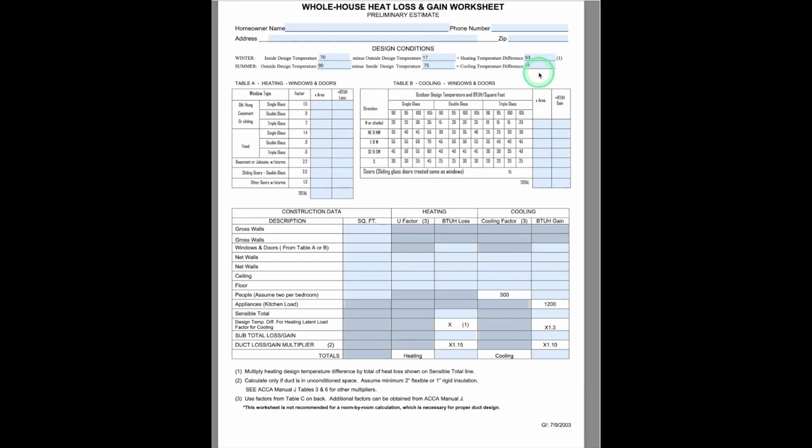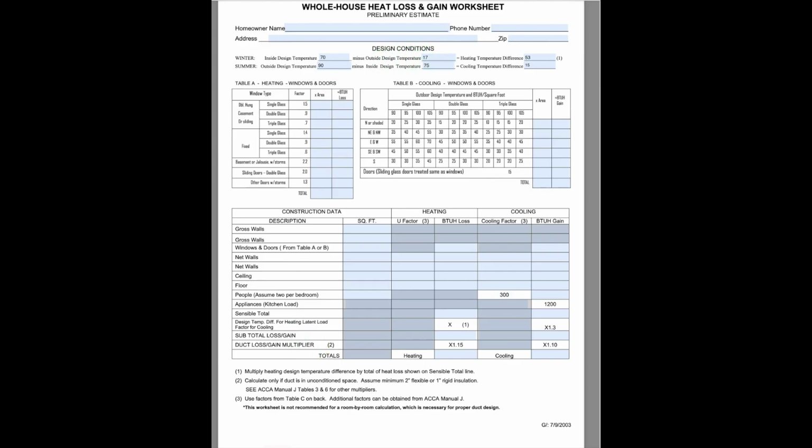That's not too bad in the summer. I didn't know that that's all the heat that they get in the summer. But this is how we figure out design conditions right here. So you use your inside design temperatures of 70 degrees, our target temperature in the winter, 75 in the summer,